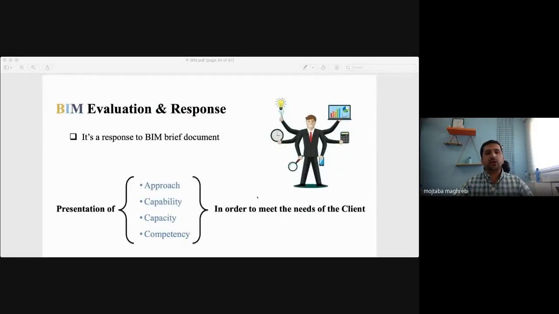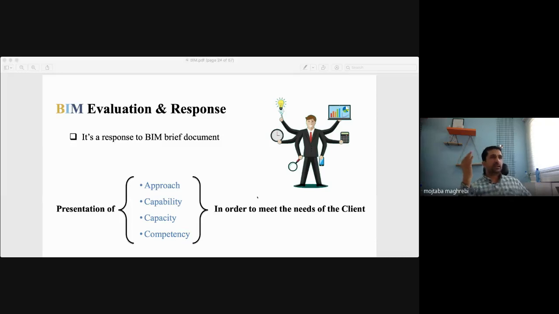And now, again, we need some tangible metrics to realize what a response looks like. They at least need to cover four metrics: their approach to modeling, their standards, how they want to model, the steps they have, and the capability they have in terms of hardware, software, human resources, and capacity.